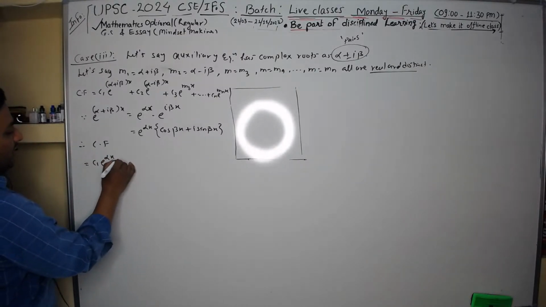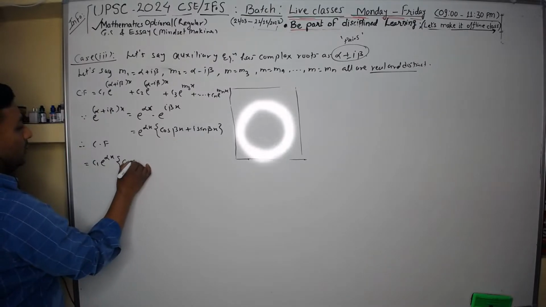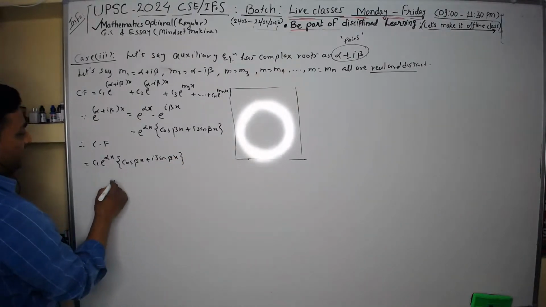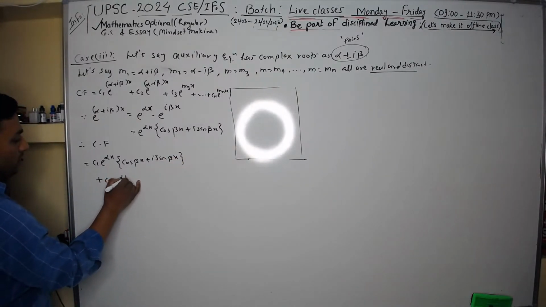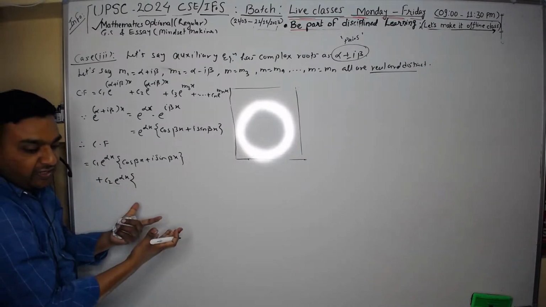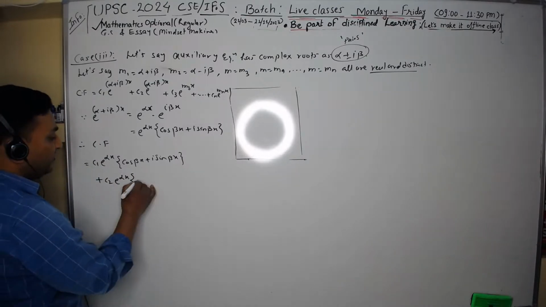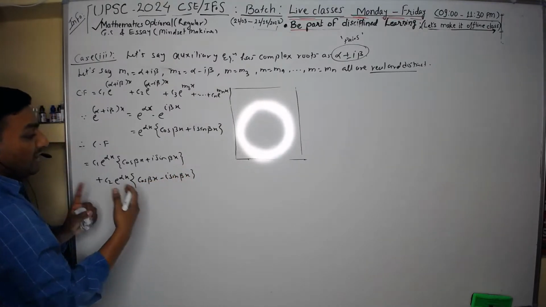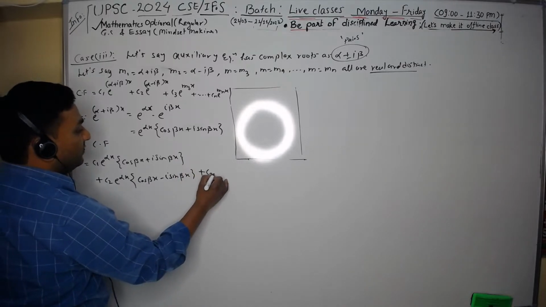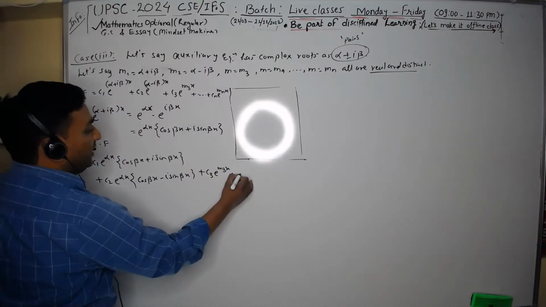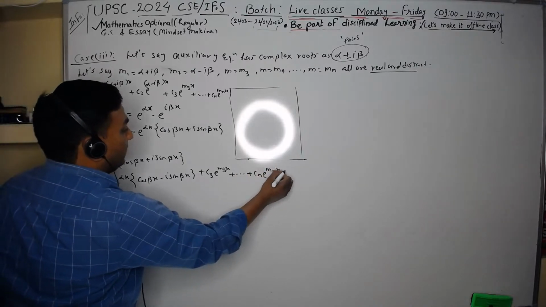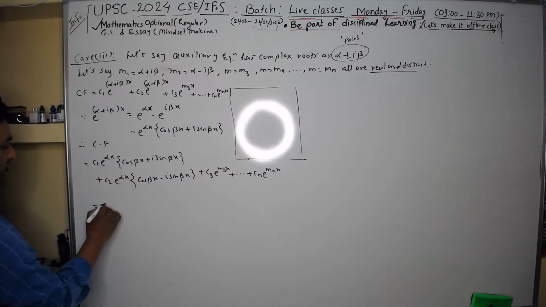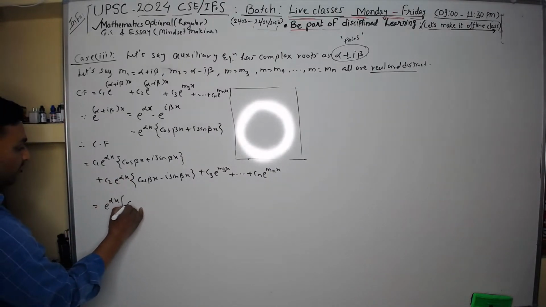C1 e raised to the power alpha x, inside cos beta x plus iota sin beta x, plus C2 e raised to the power minus iota theta is what? Cos theta minus iota sin theta. So cos beta x minus iota sin beta x plus C3 e raised to the power m3x plus Cn e raised to the power nx. This will become, if I can take e raised to power alpha x as outside, so this will become C1